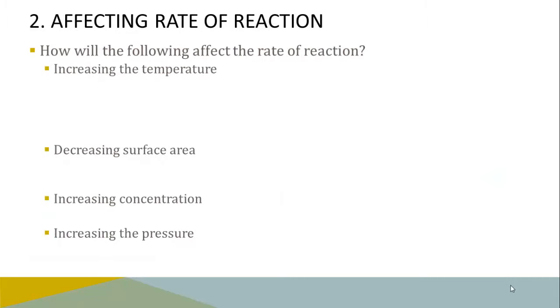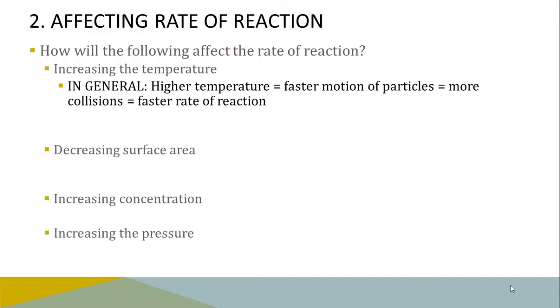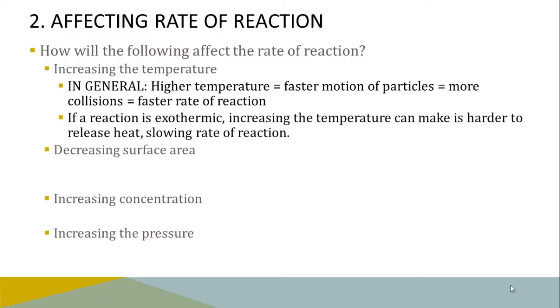So the next question, how will each of the following affect rate of reaction? So we talked about temperature. In general, a higher temperature means faster motion of particles, which is going to cause more collisions and speed up the rate of reaction. If a reaction is exothermic, however, that reaction is trying to get rid of heat. So if I increase the temperature, it might make it more difficult to release heat, and that can cause the